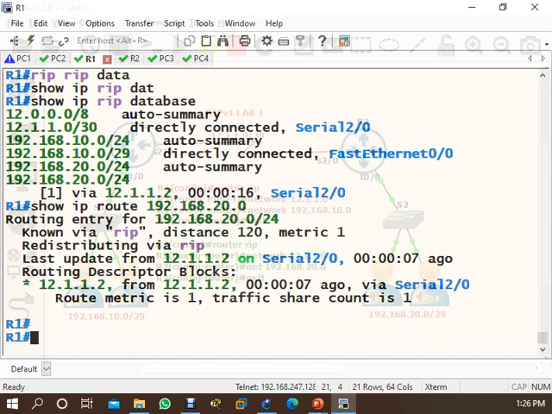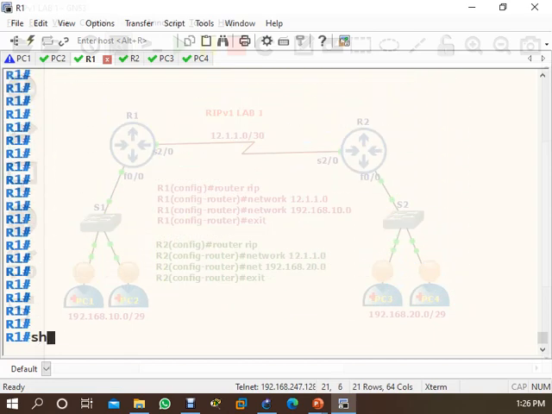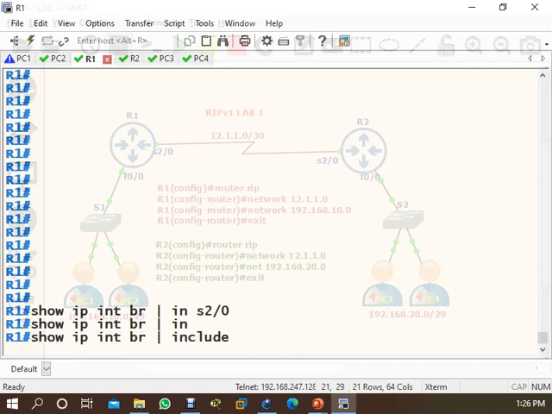Now if you run here, show IP interface brief, include serial 2/0, right? So it will give me information, or it is not coming. Include serial 2/0.